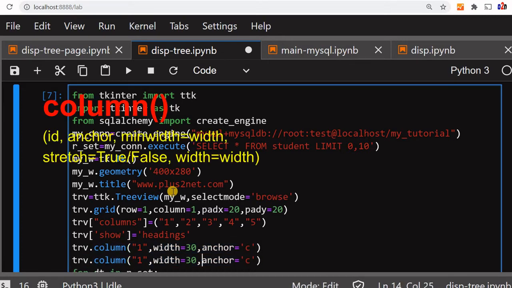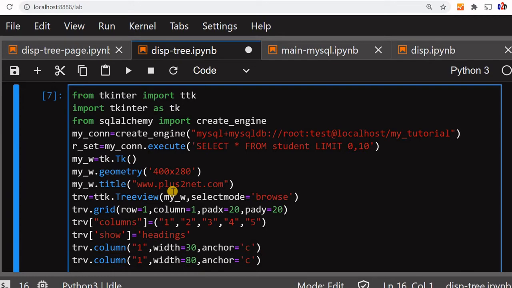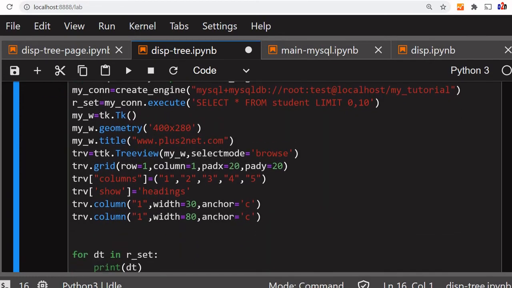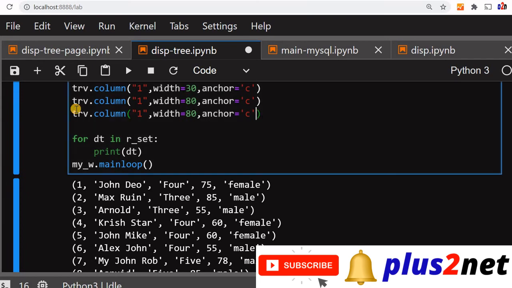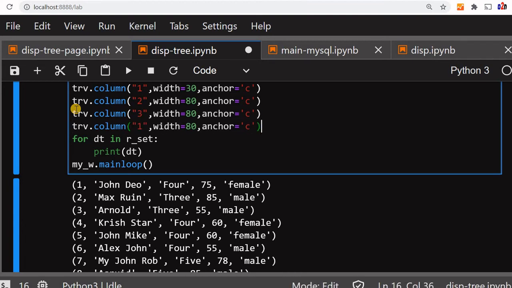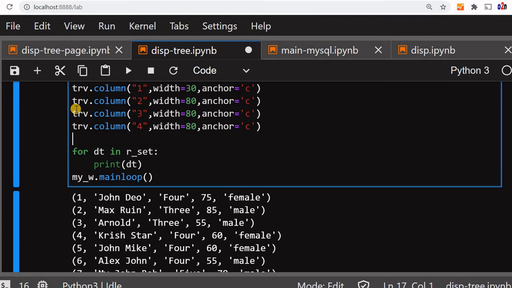Column 2 we'll give slightly more, 80, because we'll be writing names, so the width will be a little more. I am copying this. Let me scroll down a bit. Here, this is column 1, 2, 3, now here it is 4, now it will be 5. So these are all our columns we have declared.